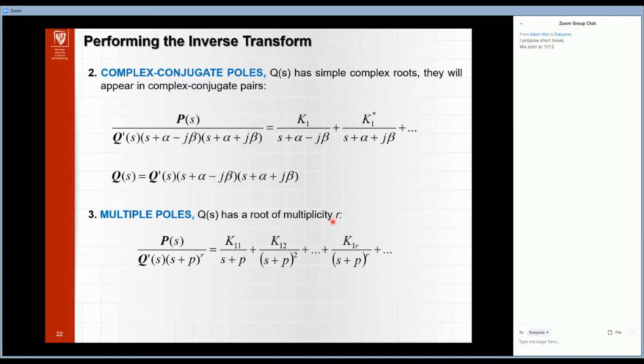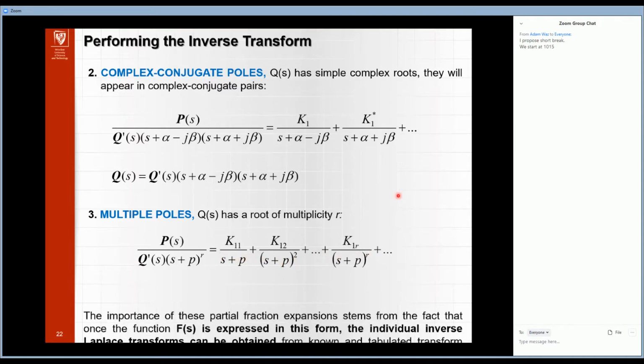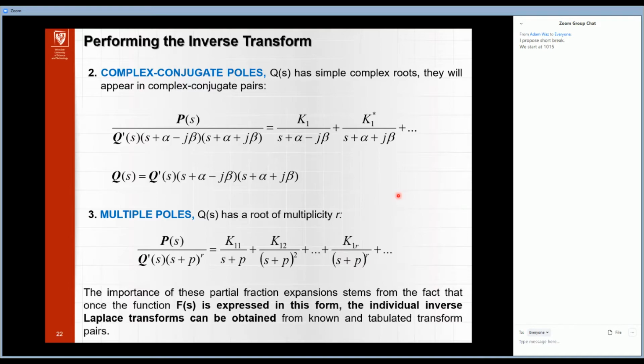the third case is that Q(s) has a root of multiplicity r. So it is a similar situation to the first one, but here we have the same value p, with the power here being 1, 2, up to r. Okay, and the importance of those partial fraction expressions stems from the fact that the function F is expressed in this form. The individual inverse Laplace transforms can be obtained from known and tabulated transform pairs in